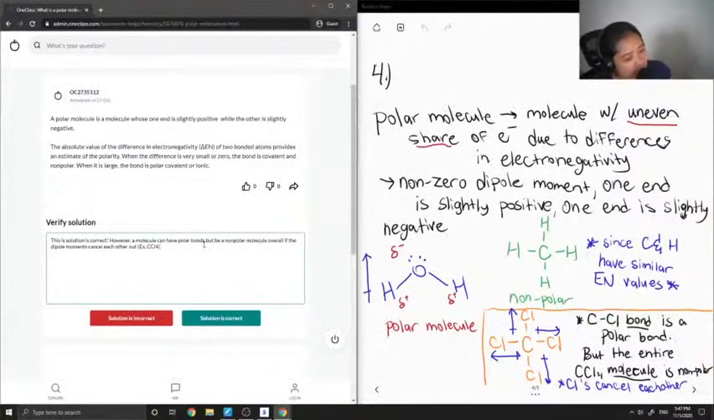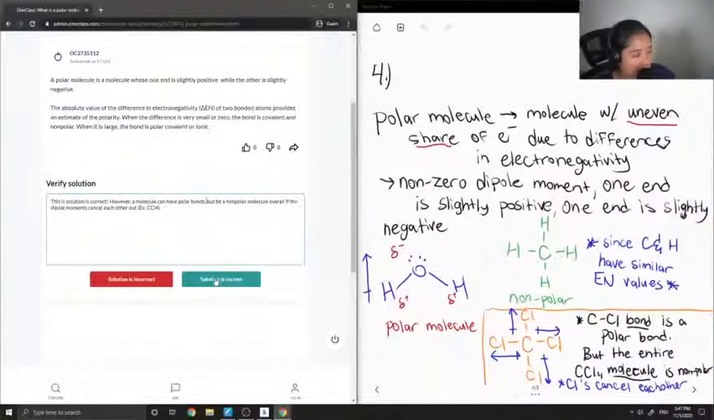Okay, so I said that this solution is correct. However, a molecule can have polar bonds but be a non-polar molecule overall if the dipole moments cancel each other out. And then I just gave my example. But this solution was still